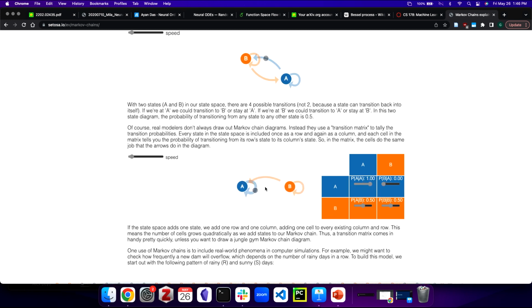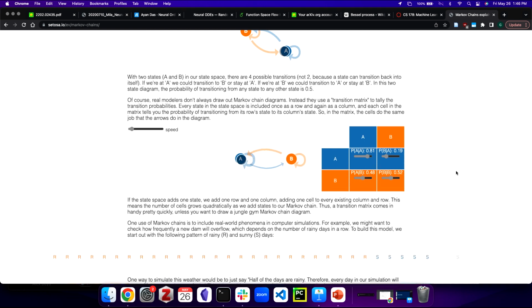So what you'll notice is if I increase this parameter, I'm stuck in state A now because I've made this 1. If I decrease it a little, it'll eventually get unstuck from here. So you can play around with these and see that we can model very different behaviors with these Markov chains.